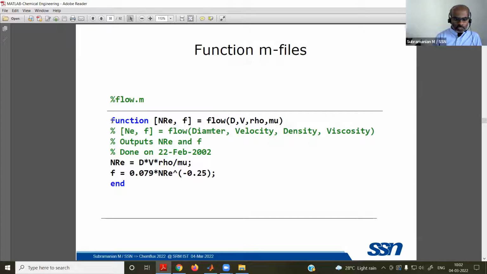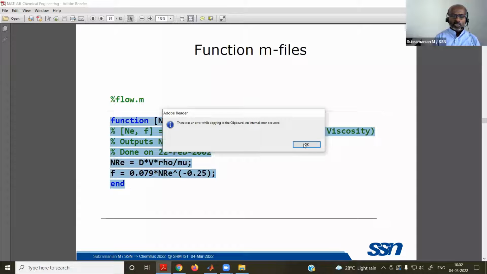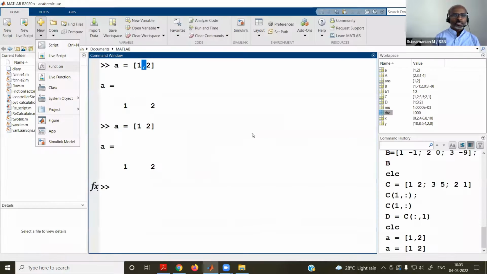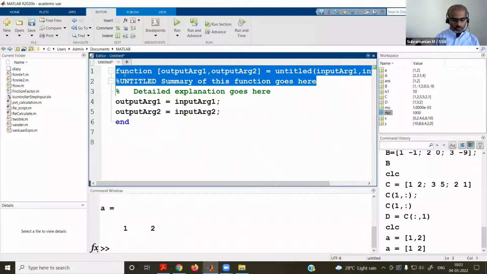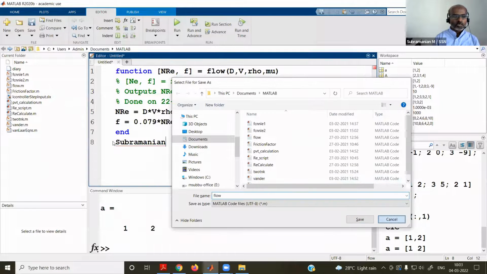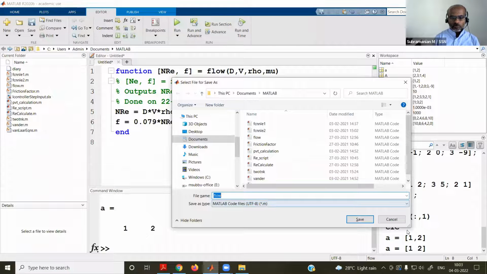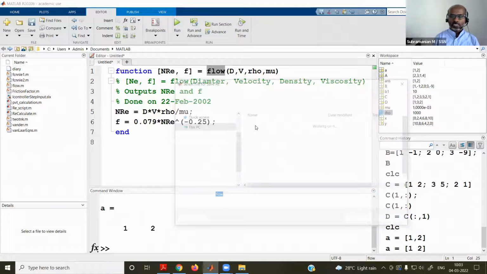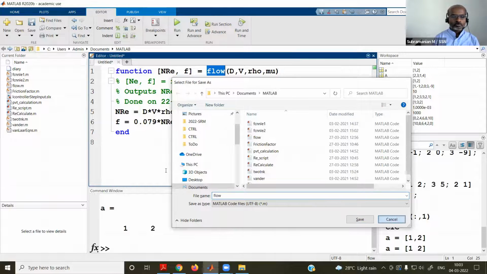As and when you start typing, maybe I will copy this and show you how it comes. There is some error. Okay, so how to do this? You can go to New Function. Already it is giving some structure. You can clear it if you want. And if you try to save this, it is automatically saved in the name of the function. The file name and function name are the same. Since I already have the same name, I need not do this now.